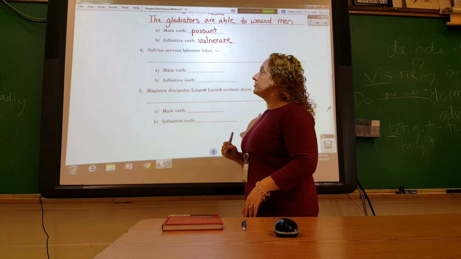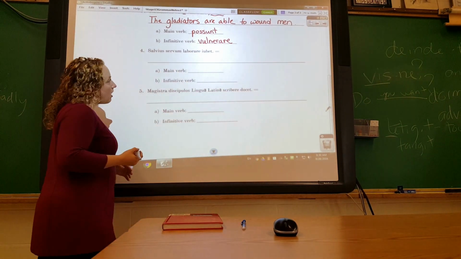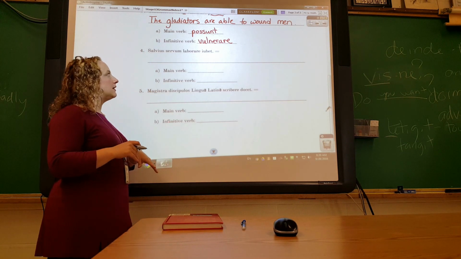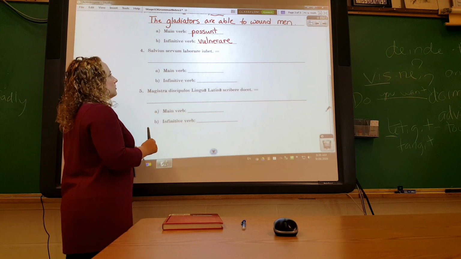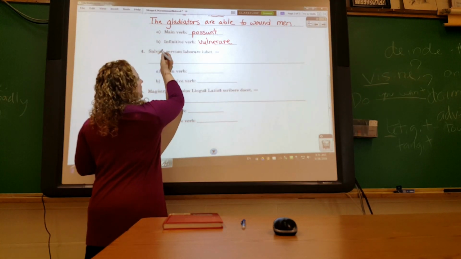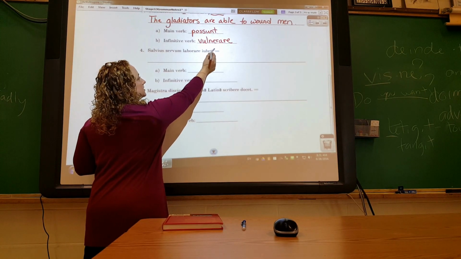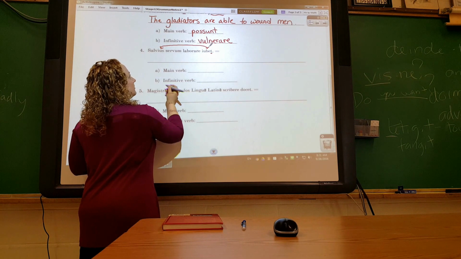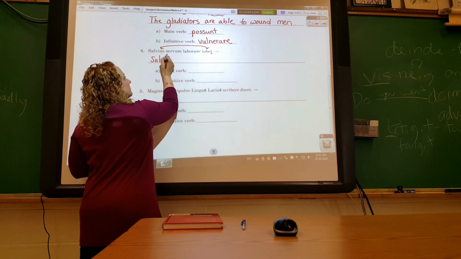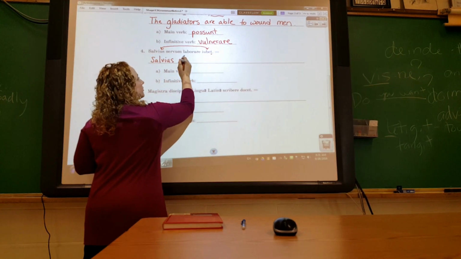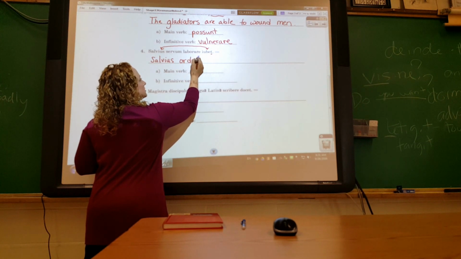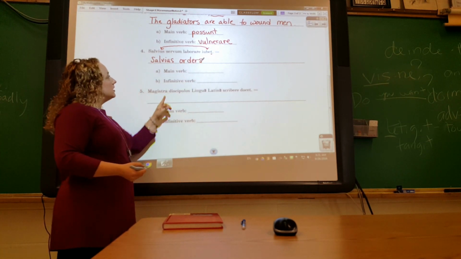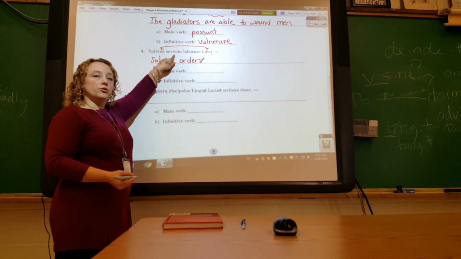Two more. Salvius servum laborare iubet. These are the ones they say are a little bit different. You have to think a little bit harder on these. Okay? So it's still Salvius, and you have a T ending, so this verb and Salvius have to go together. So Salvius orders, iubet is orders. All right, but who is he ordering? That's your direct object. He's ordering the servum.